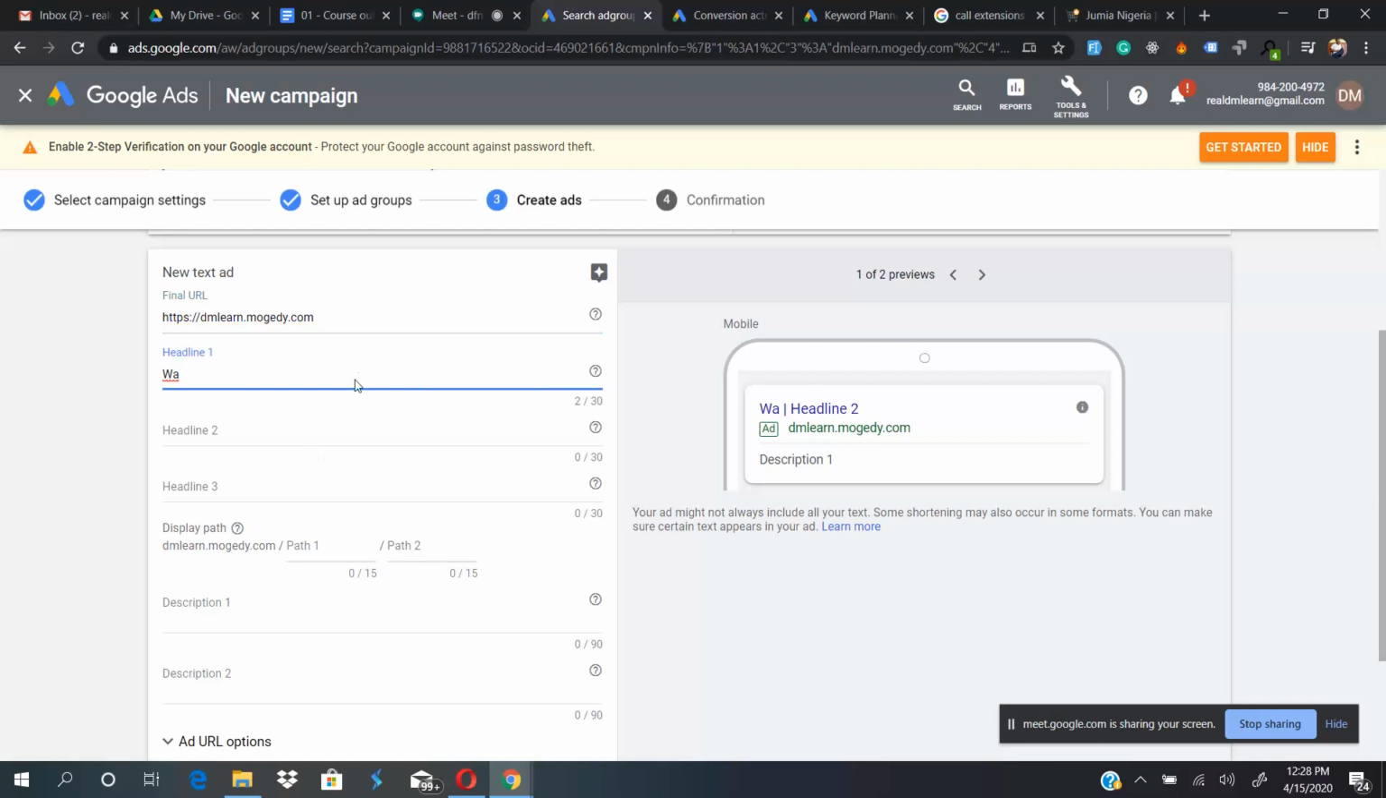So now let's go on to the ad creative itself. Let's say just something that will catch people's attention here, because remember, you are bidding for that space. There's a whole lot of people bidding for that space as well. So you're trying to stand out as much as possible. So let's say, need a digital marketing